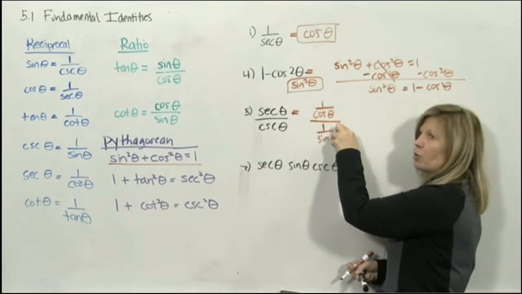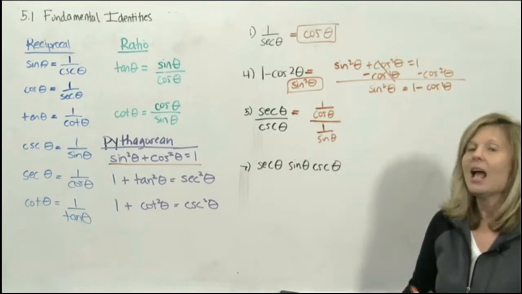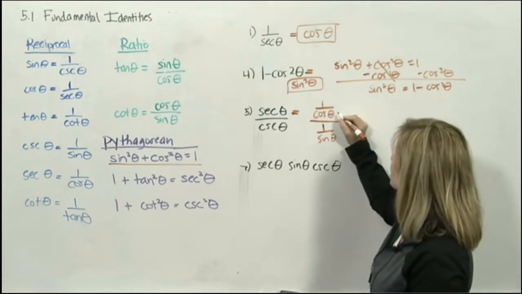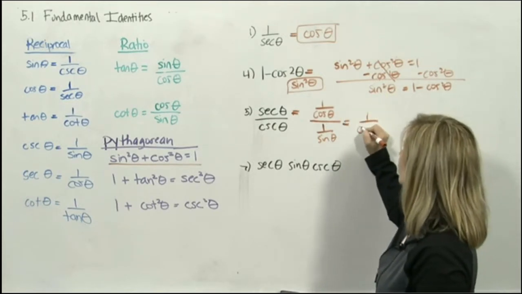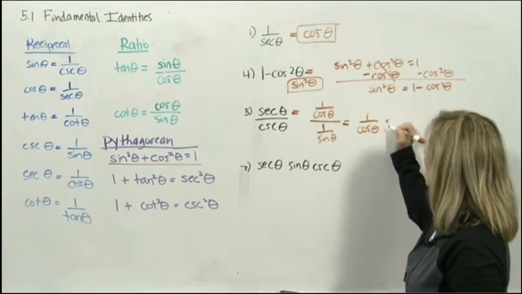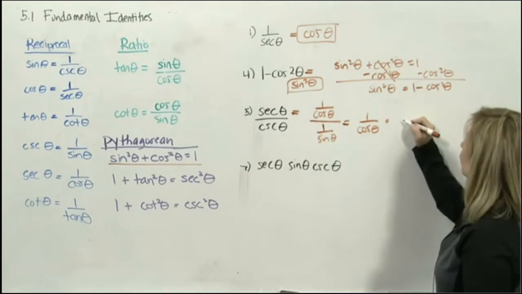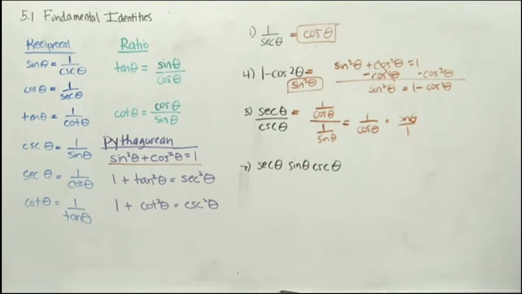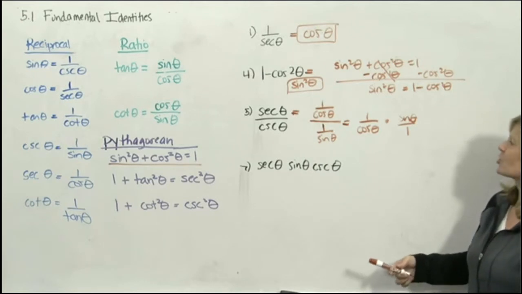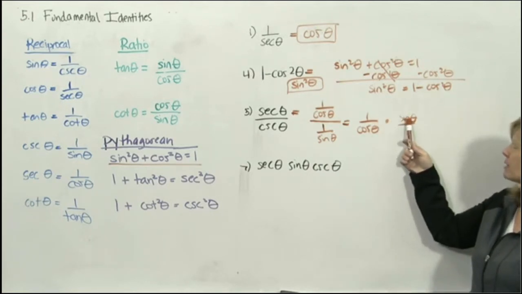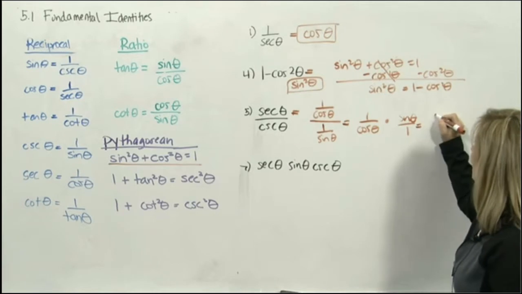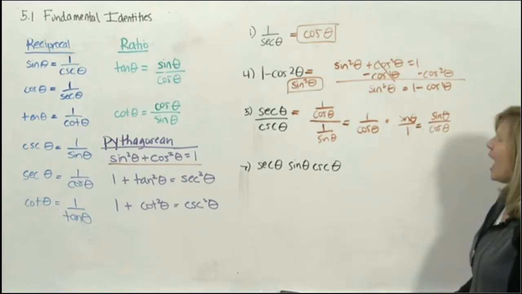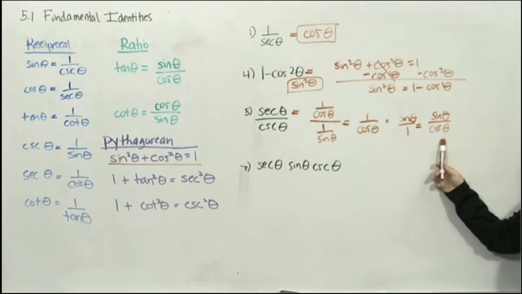But what does the bar mean to do with fractions? It means to divide. And there's no such thing as dividing fractions, so you multiply by the reciprocal. So this expression is really the top fraction, 1 over cosine theta, times the reciprocal, which is sine theta over 1. Now we're going to multiply. Multiplying fractions is no problem. Top times top, bottom times bottom. So that would give me sine theta over cosine theta,